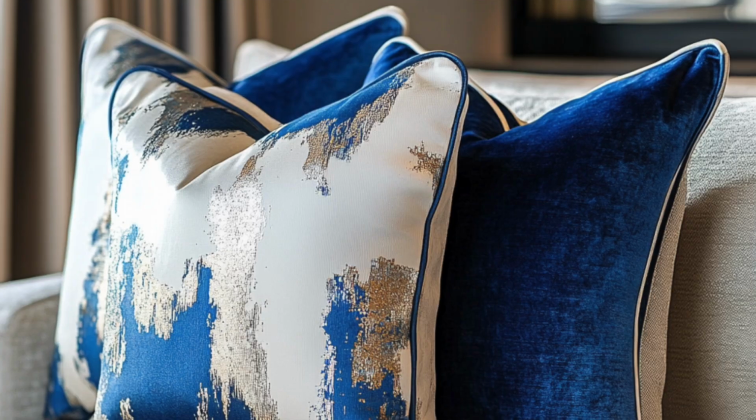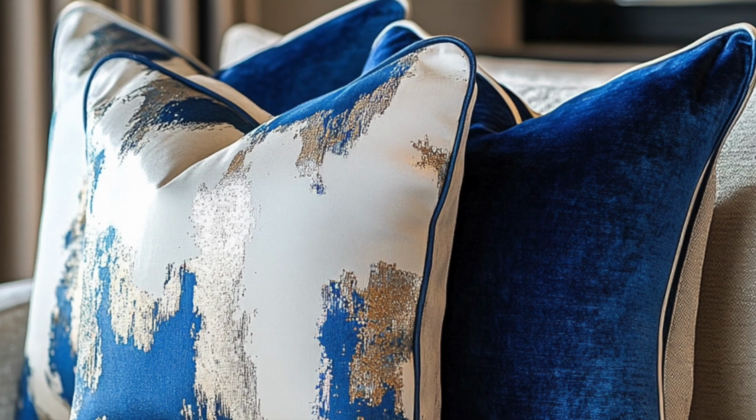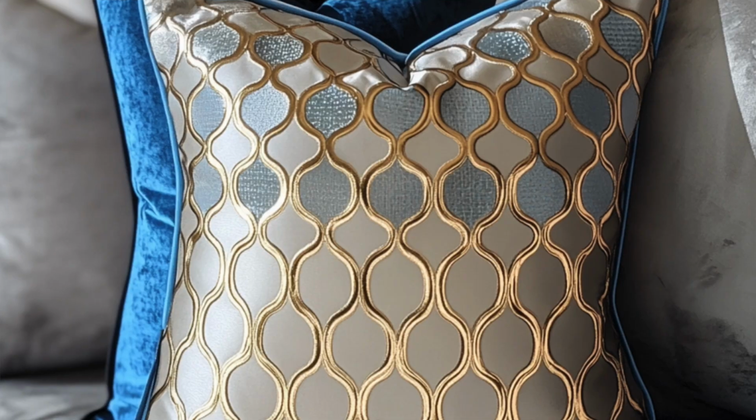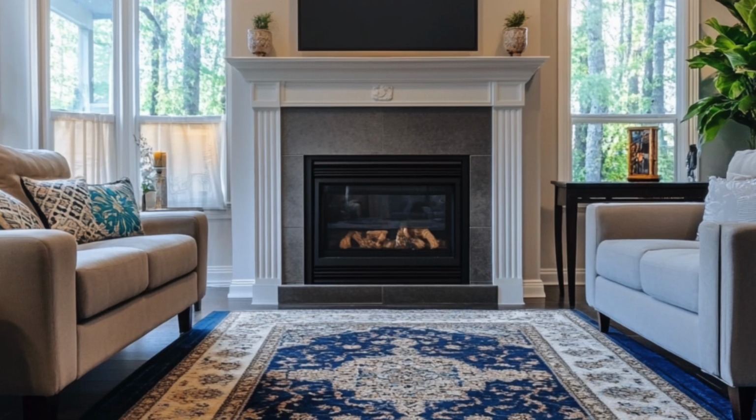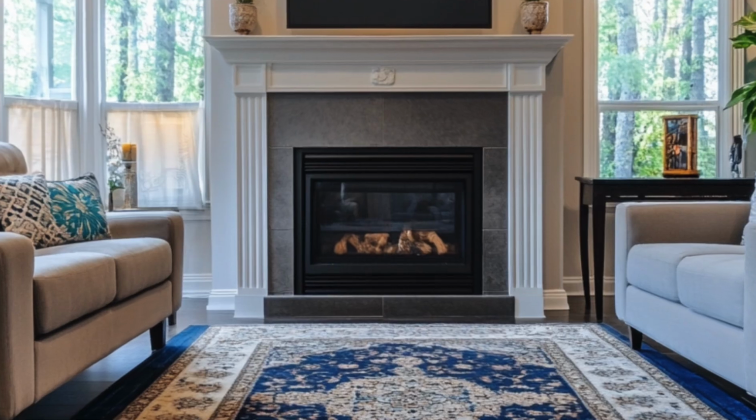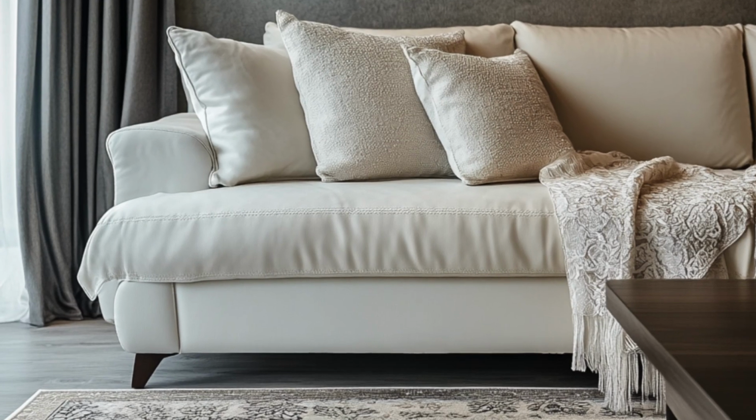Layer, layer, layer, layer when you have all white. It is amazing the difference it can make by adding just a little bit of texture and a little bit of color, whether, like Mel said, it's through your floral, your pillows, an area rug, things like that. It can make a huge difference and change the feel completely and give your home that revamp feeling that you